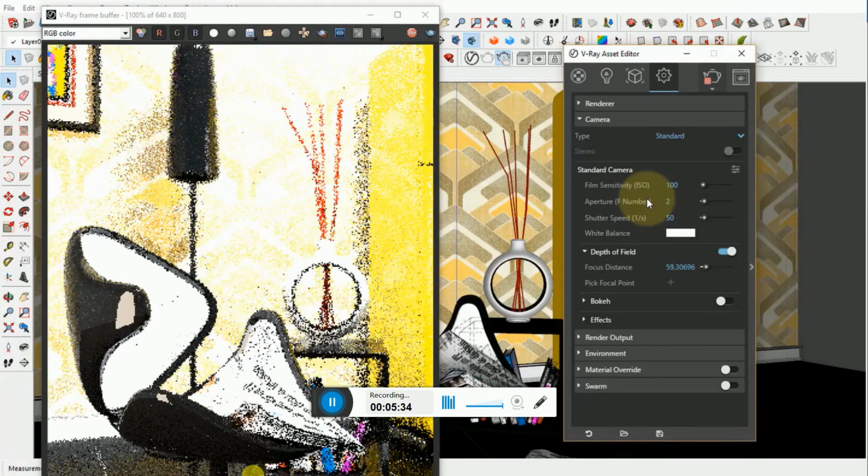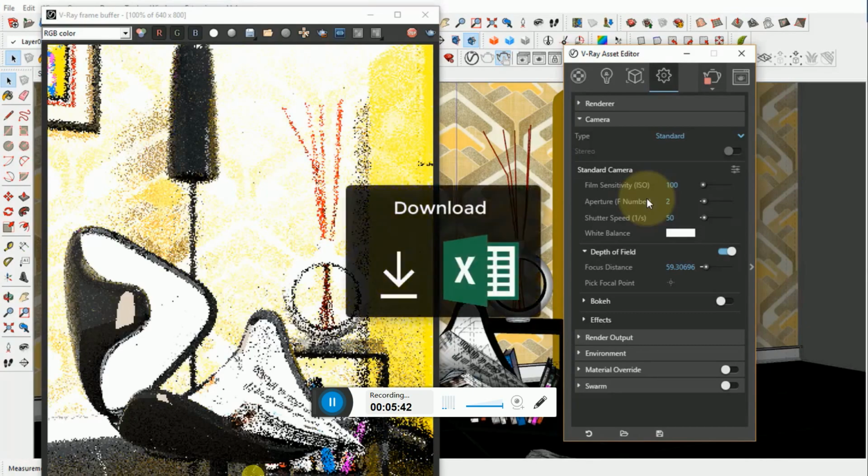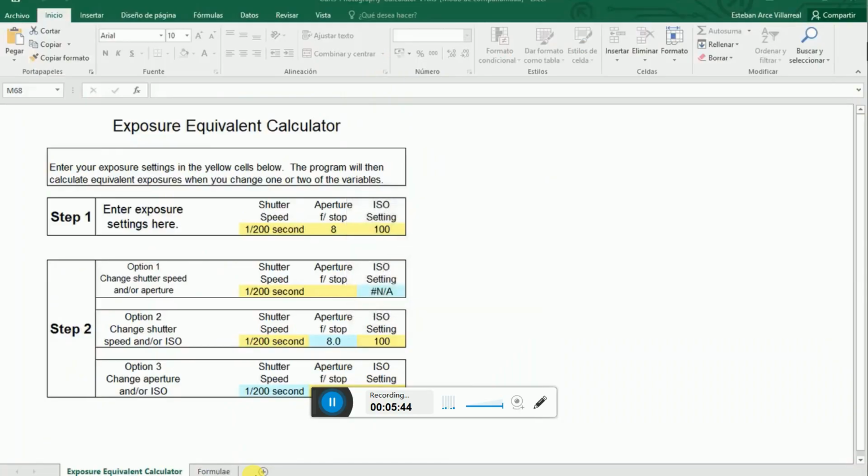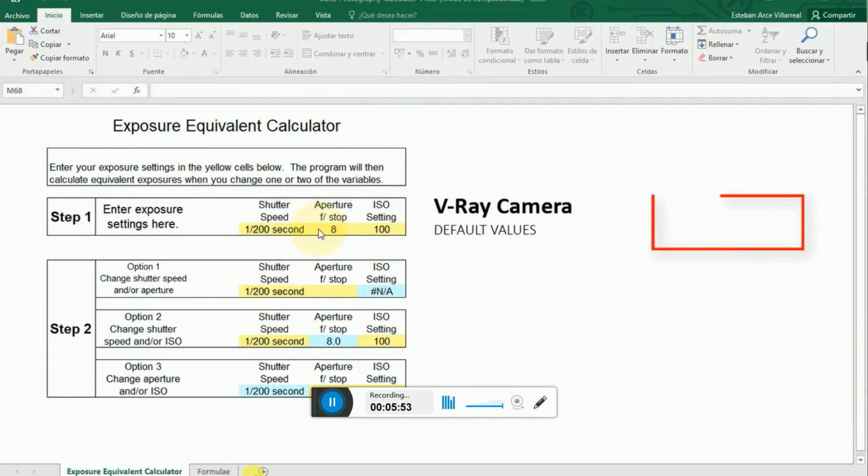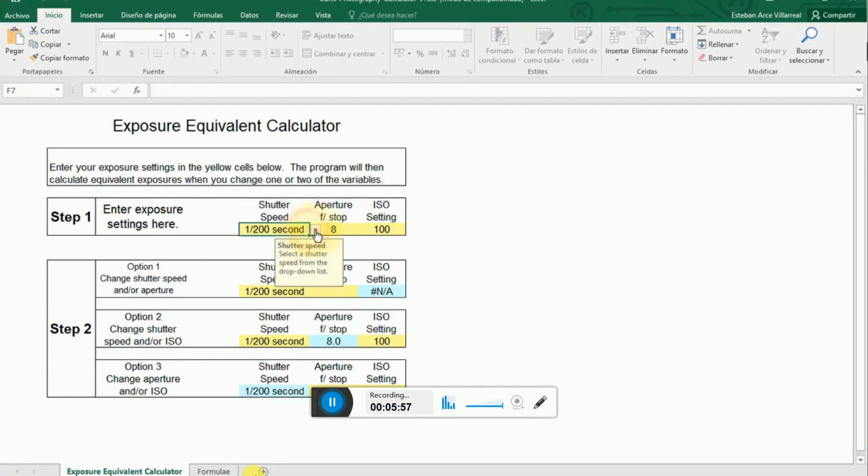There's a mathematical relationship between the aperture and the exposure time, which can be easily calculated by using the spreadsheet available for download below this video. In this area we have the default values of the V-Ray camera: f number equals 8, shutter speed 200 and ISO 100. Let's set our spreadsheet using the same values we used in our scene, that is 50,